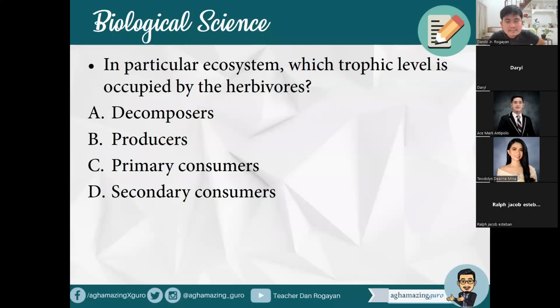So I can see, okay, I can see a lot of C's. All right. So since herbivores, after the producers, after the autotroph, we have the herbivore. The herbivores are the ones eating the plant or the autotroph, and so that will actually be considered primary consumer. Correct? Okay. How do you call the consumer that feeds on herbivores? Of course, these are the